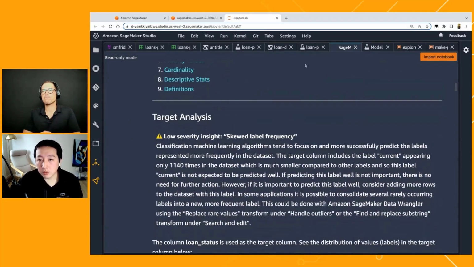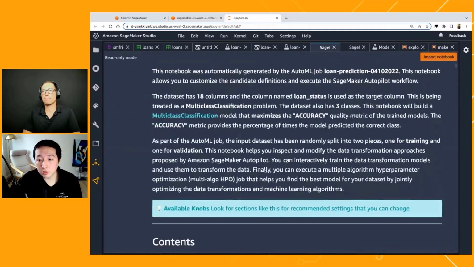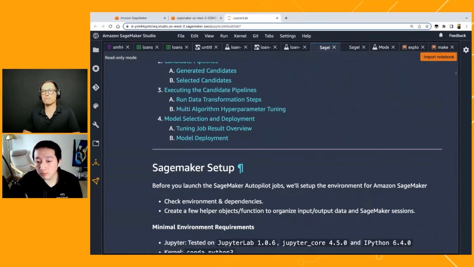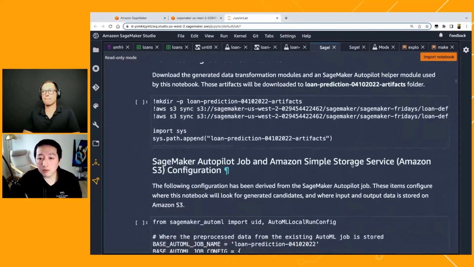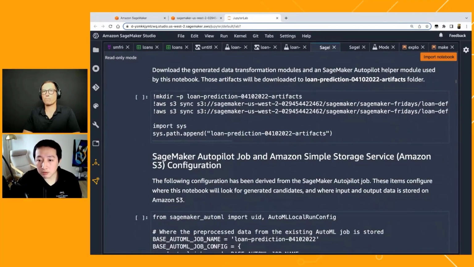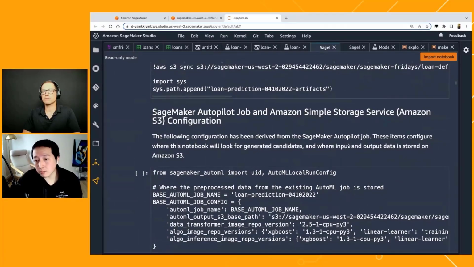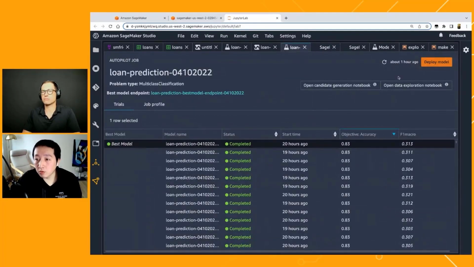So here's a notebook that shows all the information about your data sets, and here's another notebook that shows you the actual code that performs the data engineering, model training, model tuning, and so on and so forth. And really, for people who need to dive deeper into the code and understand how it works, and also perhaps make some minor adjustments, you'll be able to completely own that process by importing the notebooks, modifying the notebook, and rerunning the jobs.